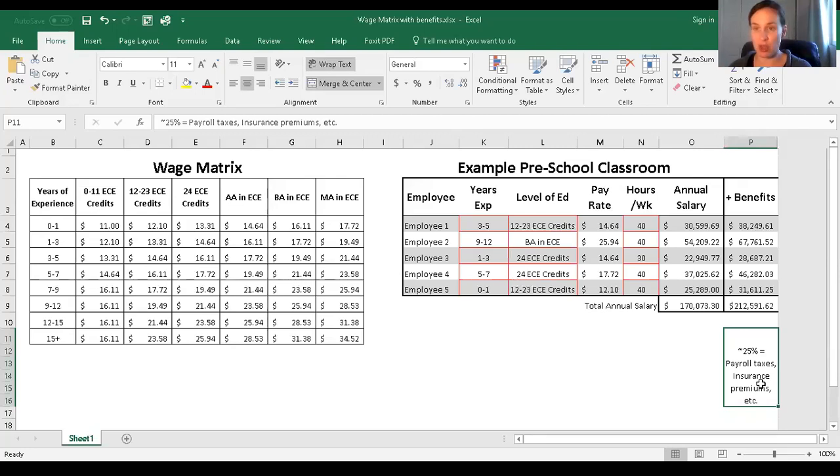And then the benefits that you can provide, that's typically why we like those types of jobs. It's great benefits, and the employer pays more of those premiums for us. That money is coming from the state or the federal government. It's approved by Congress and those types of things, but this is just kind of my median number. So you can see if I'm spending $170,000 on just annual salary, once you add in taxes and benefits, it goes up by a certain amount, and you're spending $20,000 to $30,000 more depending on the type of organization